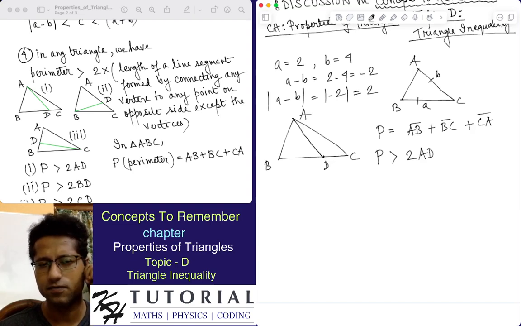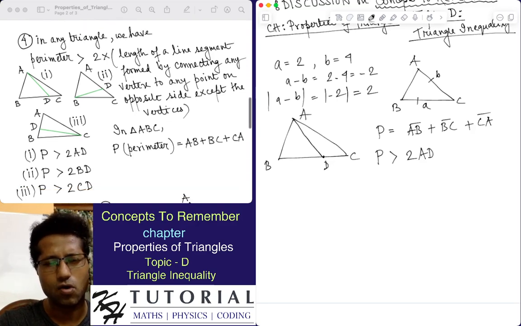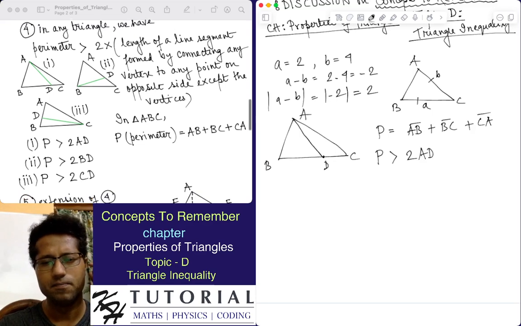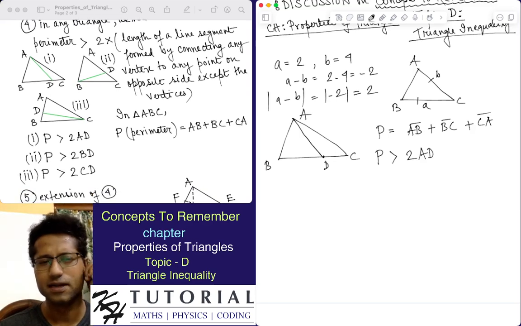Similarly, in figure 3, we have CD as the line segment, where we take the point D anywhere on the side AB and connect it with the opposite vertex C. So for all these line segments, it will be true that P, the perimeter of the triangle, will be greater than twice these line segments. We get three results: P greater than twice AD, P greater than twice BD, and P greater than twice CD, where AD is the line segment